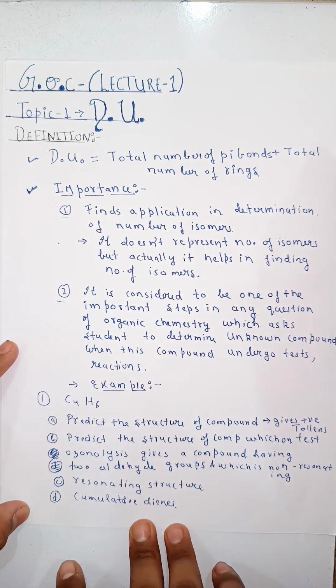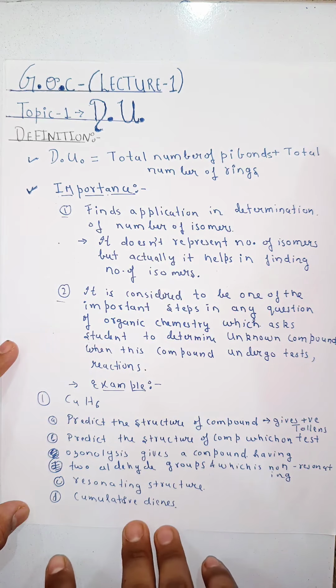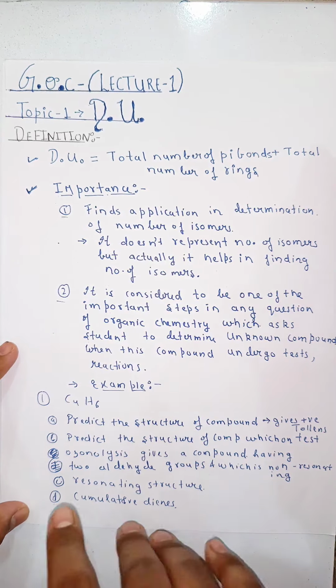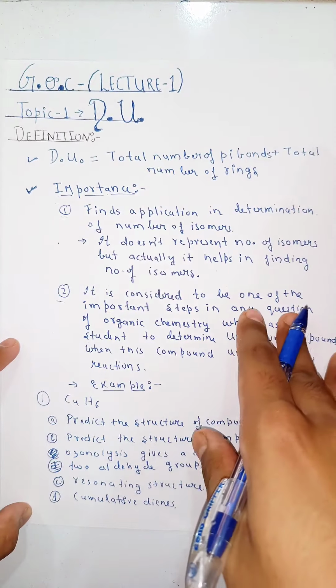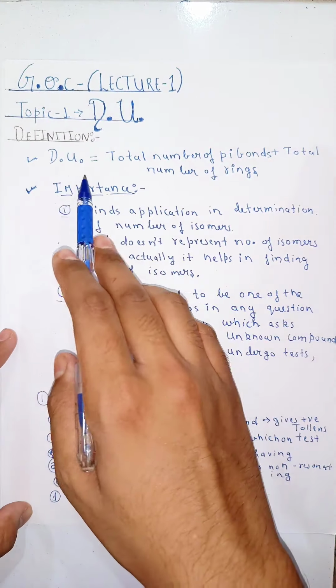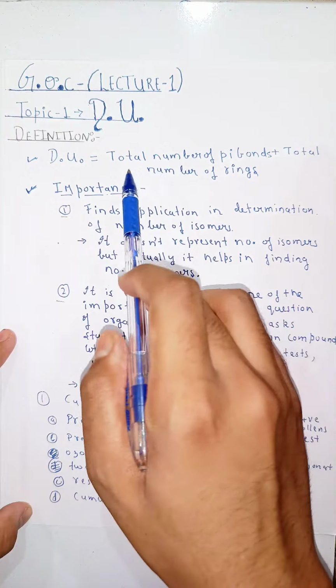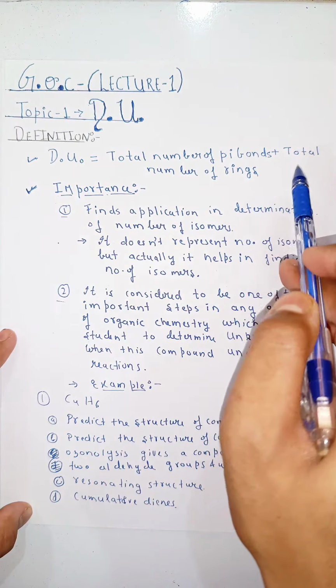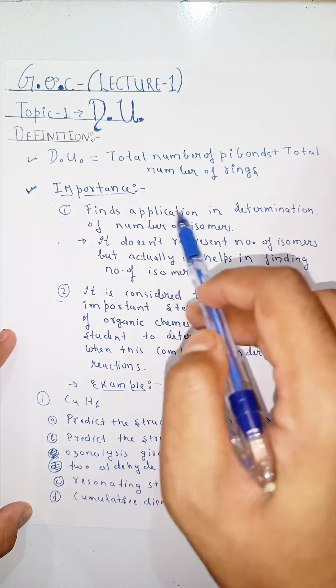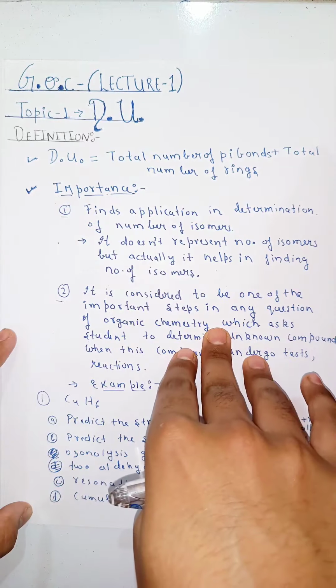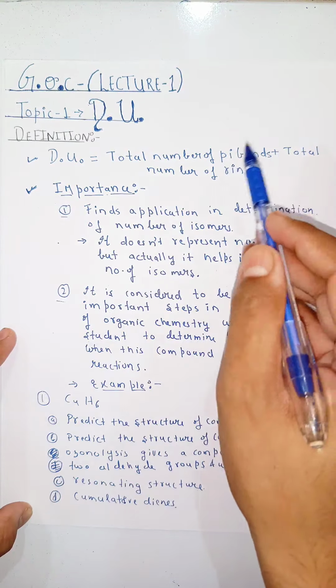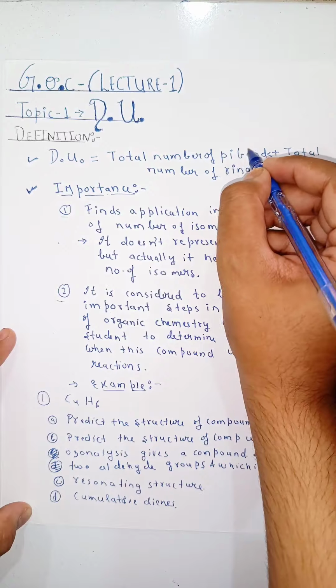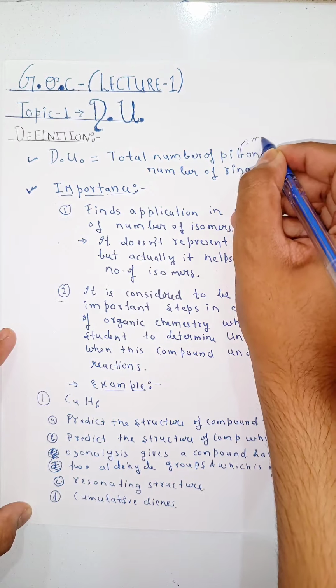It's a very important, theoretical and simple concept, and it will be helpful in upcoming organic chapters as well. So let us quickly go through it. What does its definition tell us? Degree of unsaturation is defined as the total number of pi bonds plus the total number of rings present in a compound. What are pi bonds? Pi bonds are actually multiple bonds